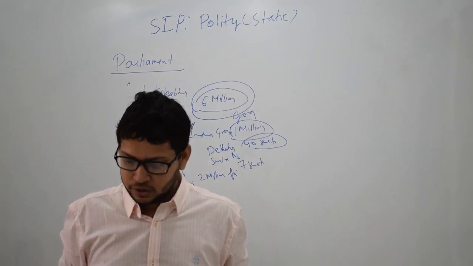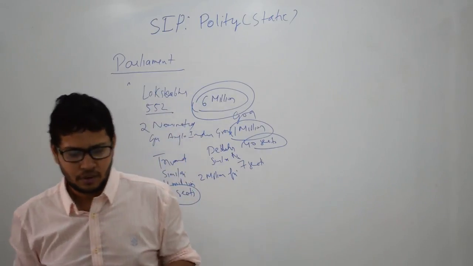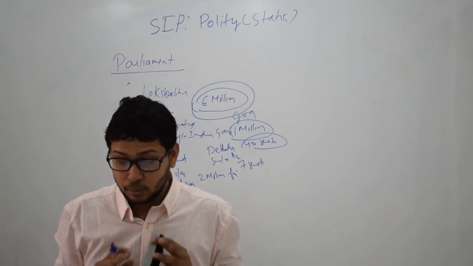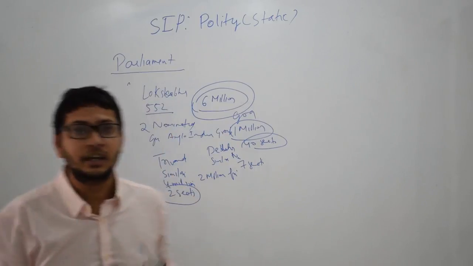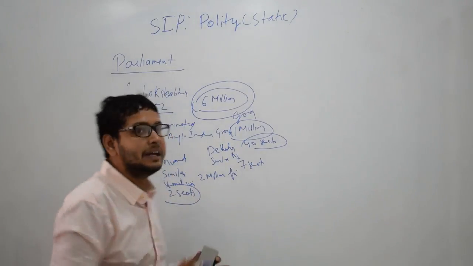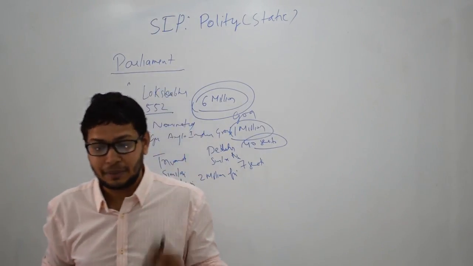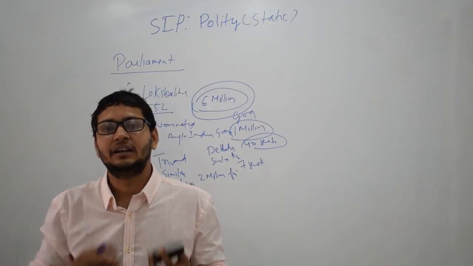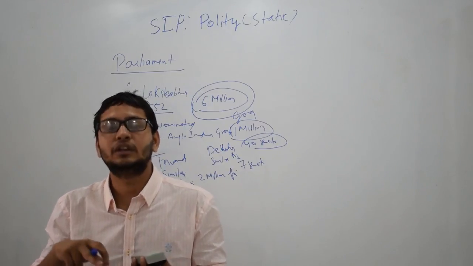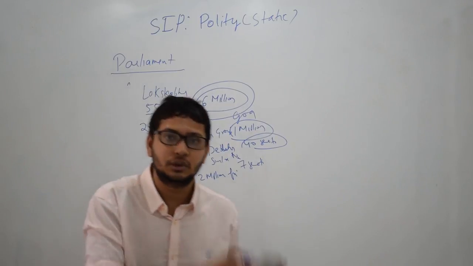Next is the duration of Rajya Sabha. It is 6 years, as you know. And one more thing, it is not the Constitution of India which has said that 6 years will be the duration of Rajya Sabha. It is the Representation of the People Act 1951, which has decided that Rajya Sabha will have a 6-year duration. So you have to remember which are the provisions which are given by the Constitution, because this